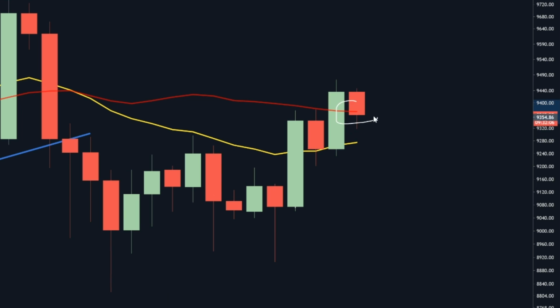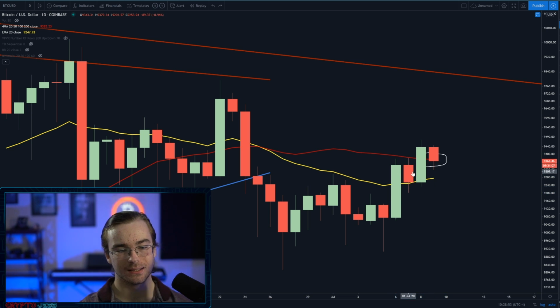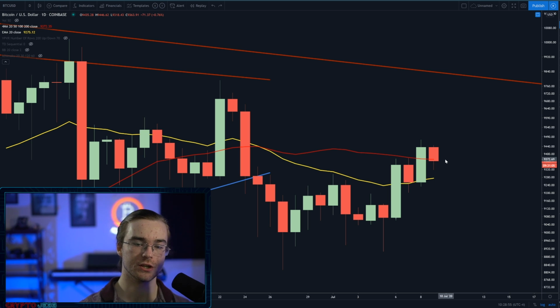Guys, Bitcoin is sitting, as you can see, just below the 50 daily simple moving average at the time of recording this video, but it's only $10 below. All Bitcoin has to do is maintain a price level above $9,350, because even $20 below the 50D SMA on a time frame like this, we could consider as support. If Bitcoin does that, we're going to look fine. Good example of what I'm talking about is right here. Bitcoin held the 20D EMA. Bitcoin now, let's hold the 50 daily SMA. If we can do that, we are going to be looking good, and I think we're going to do that,